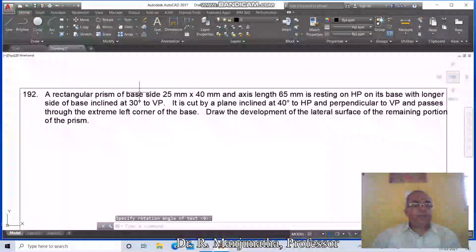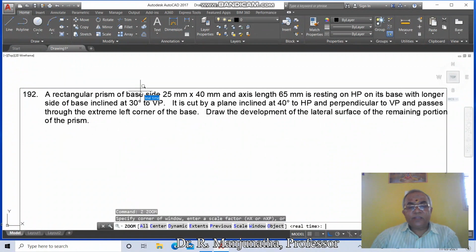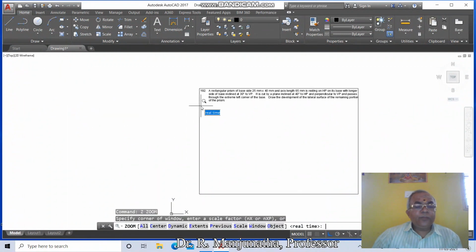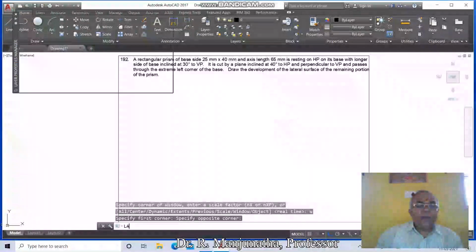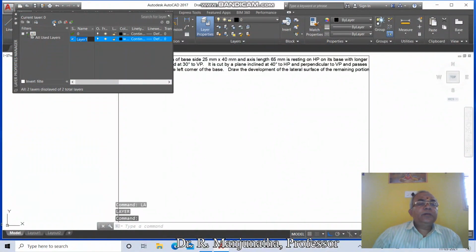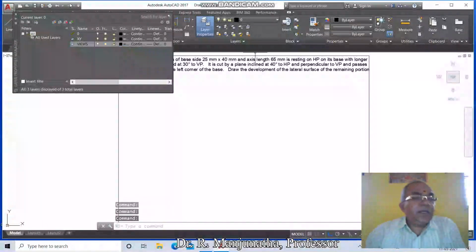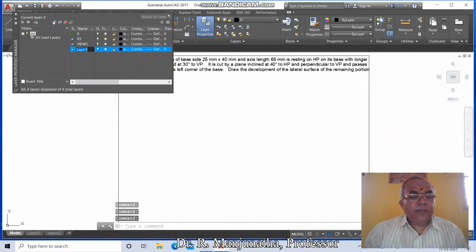So once you get this, go to zoom previous, then zoom window, then take layer, LA, click on new, type the layer name XY, click on new, type the layer name views. Then click on new, type the layer name section plane SP.